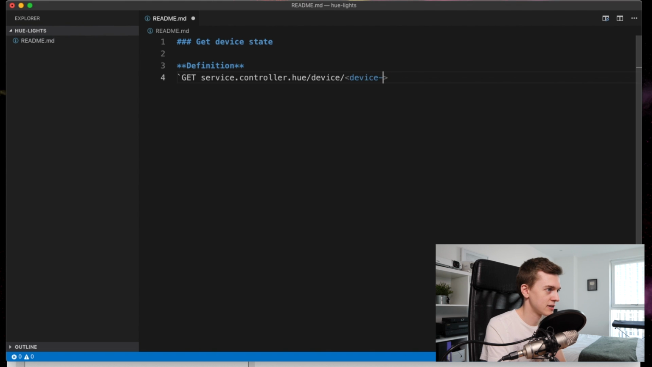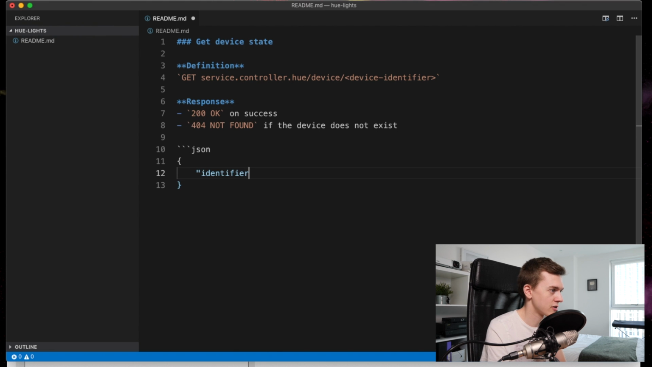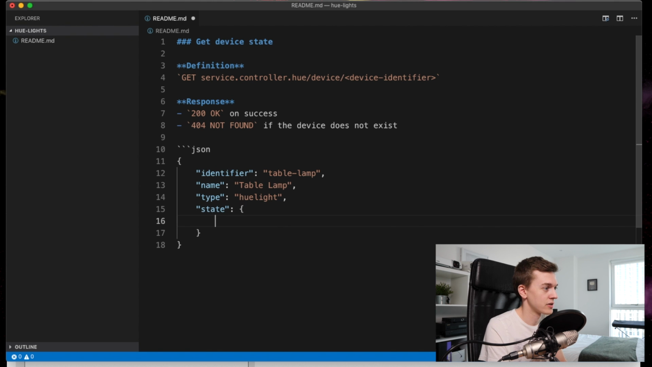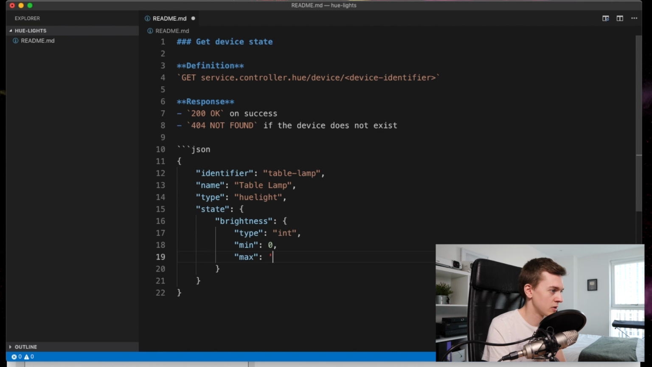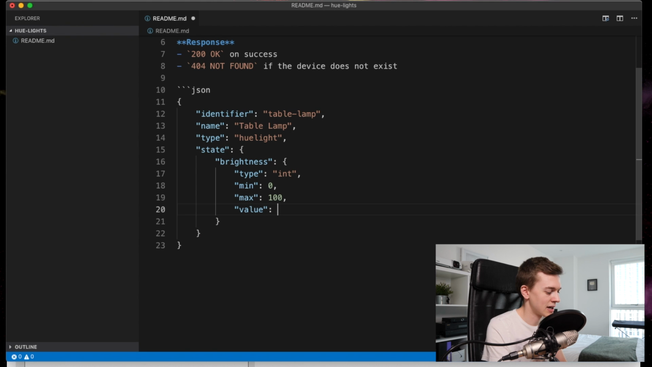You do /device/device identifier, which would give us a 200 back in the normal case, along with some JSON that first has some metadata about the device, and then it's going to have a state. So this is going to be something like brightness, and instead of it just being a value, it can be an object. So this can let us define extra metadata about it. So we could have the type might be int with a min and a max, and then finally the actual